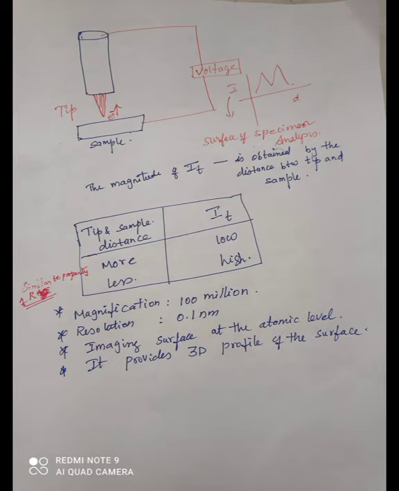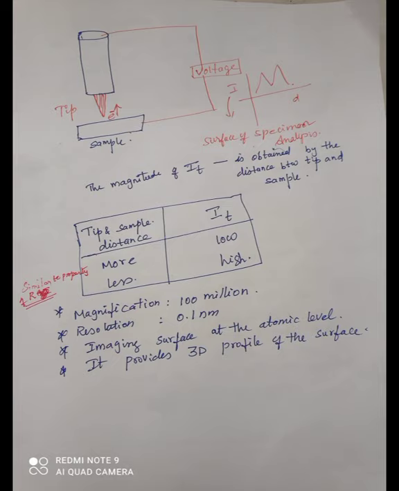So it is similar to the property of the resistance. In that manner, it works. Here, the tunneling current is amplified and increased by the feedback electronic circuits, and it is fed back to the electronic circuit to position the D. The D is nothing but the distance between the tip and the sample. It may either be constant or it may be variable.